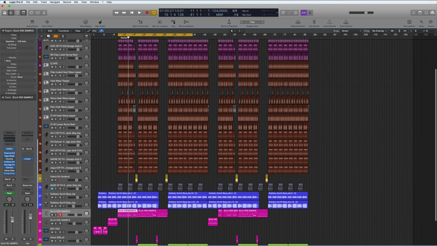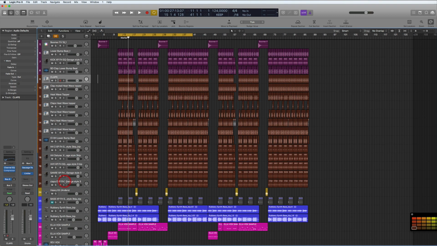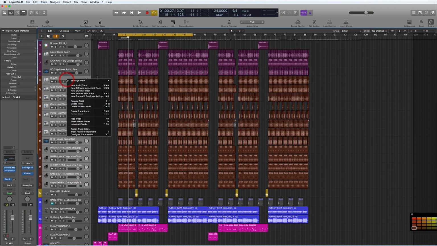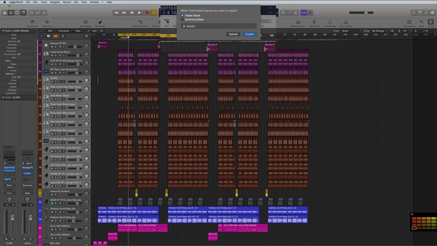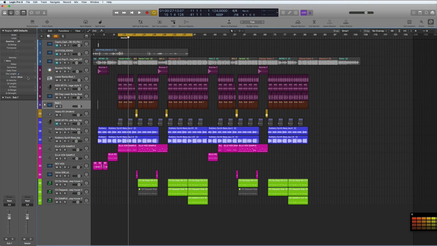If you can notice here, my arrange window is quite full. Just group these here, and we can stack these. Create track stack, and we'll do a folder stack, and we've just got that. Right now, I can control the volume of all my drums in one go, and we can do the same with the kicks. So just tie this up,